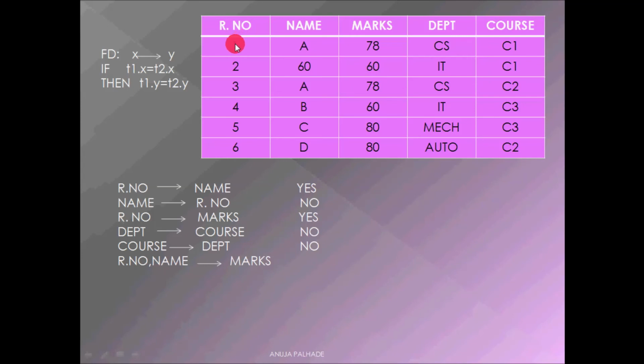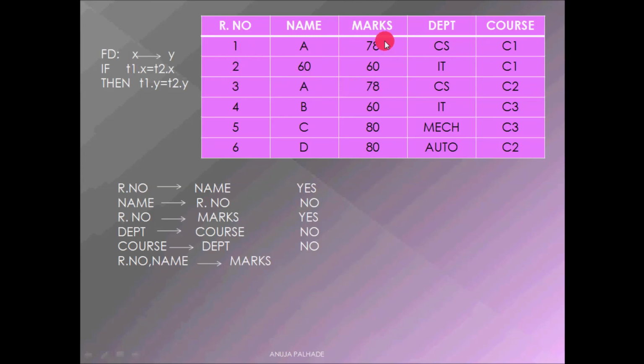Okay. So for the repeating condition, obviously roll numbers are not repeating. It means that no matching case is found here. How to find a matching case here? Suppose this is 1a, we must find another 1a also. So this is a, but here must be 1. So 1a and 1a, then and only then, because we are considering those two attributes as x. If this is 1a, this is 1a, means x is equal to t1 of x is equal to t2 of x is matching.